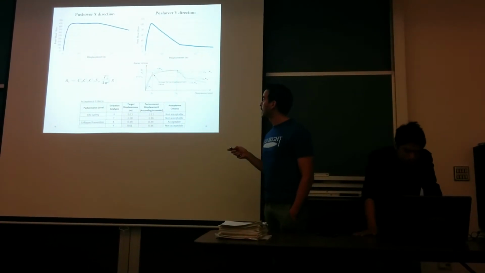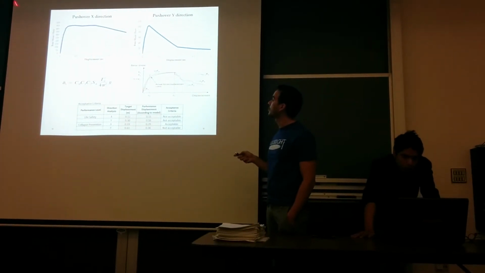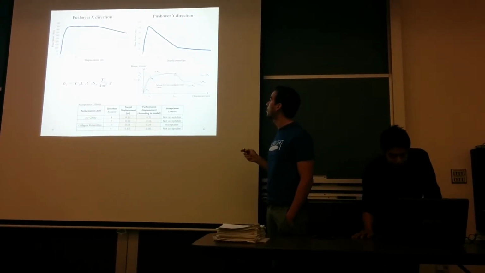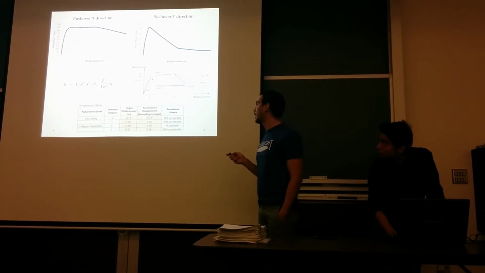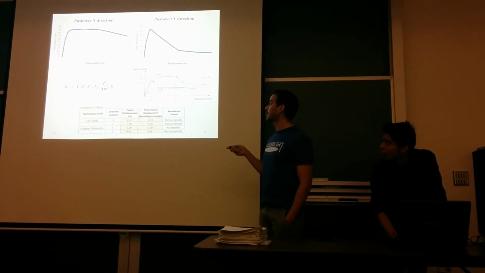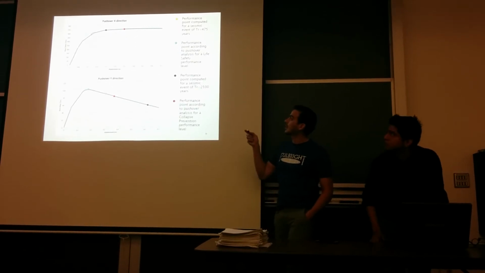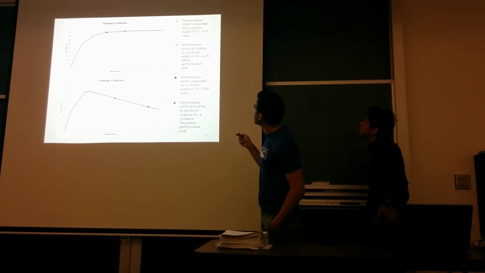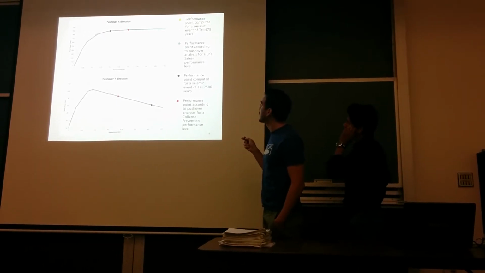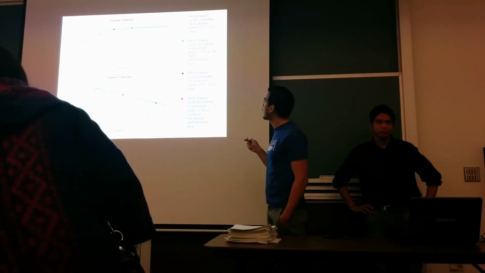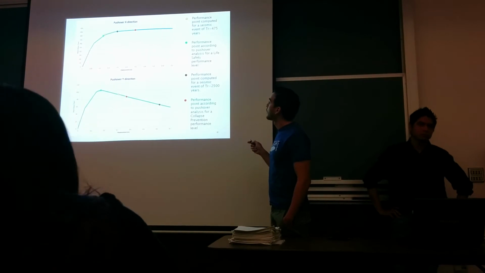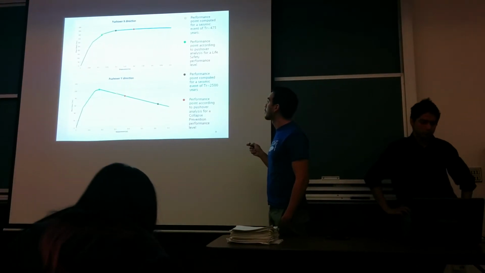The results that we got are here. Here we have the pushover curve in the X direction, the pushover curve in the Y direction. When we got that, we calculated the target displacement, which is in this table, but I'm going to explain it to you in the next slide. So here, the yellow dot represents the target displacement calculated according to the code, and the green dot represents where the displacement of the pushover curve